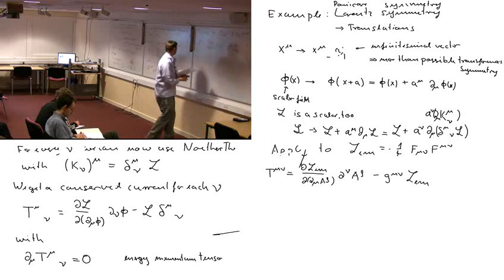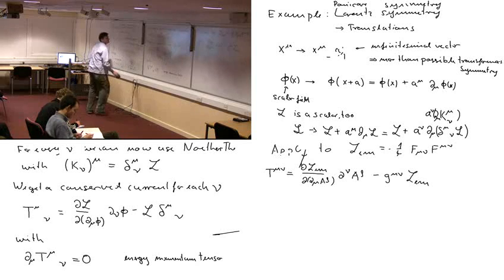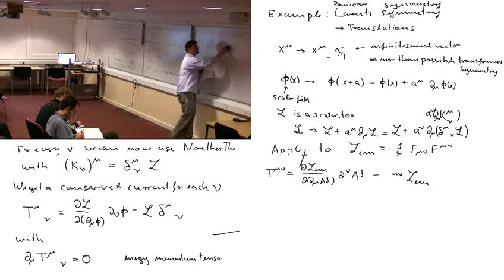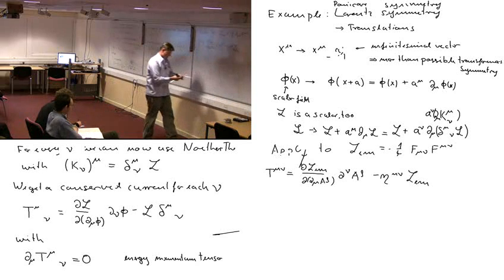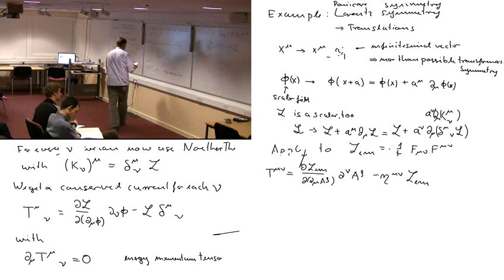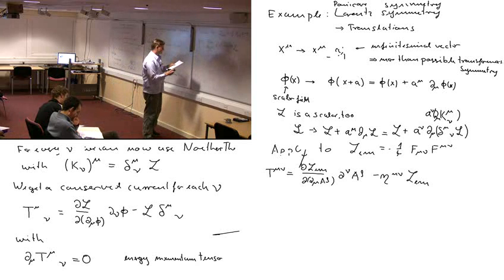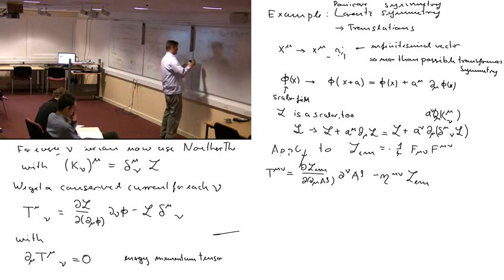Did I use g or eta? I think I used eta. Sorry about that. Eta mu nu. Okay, and the bottom line is you can evaluate this, and you can in particular determine certain